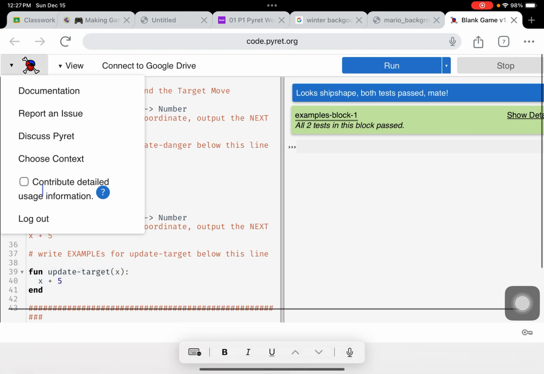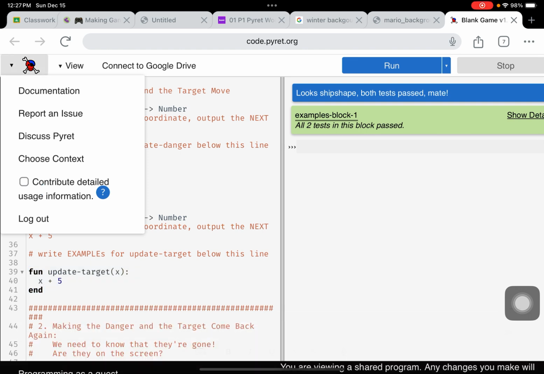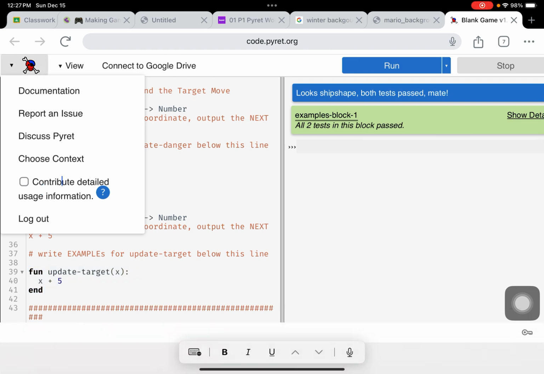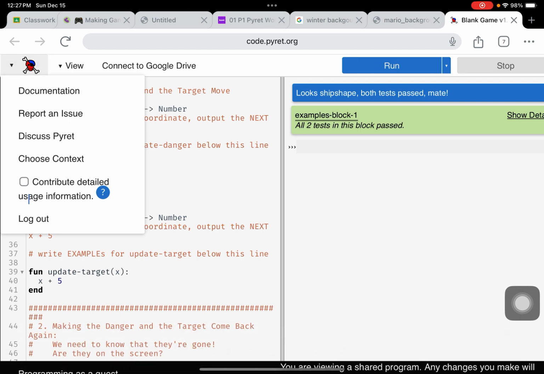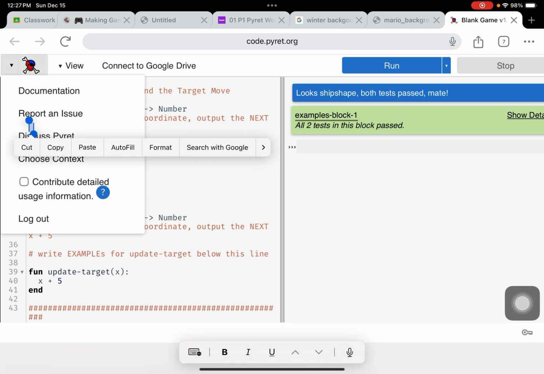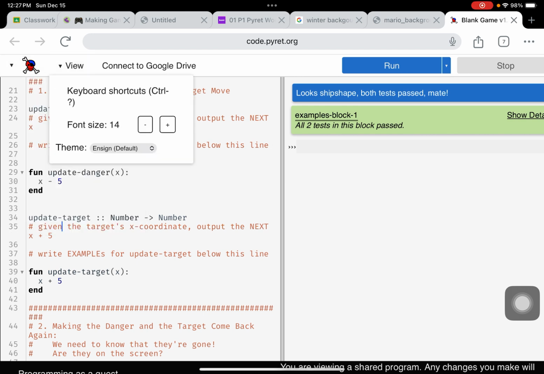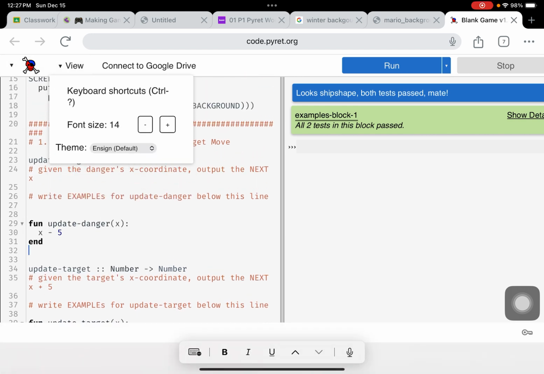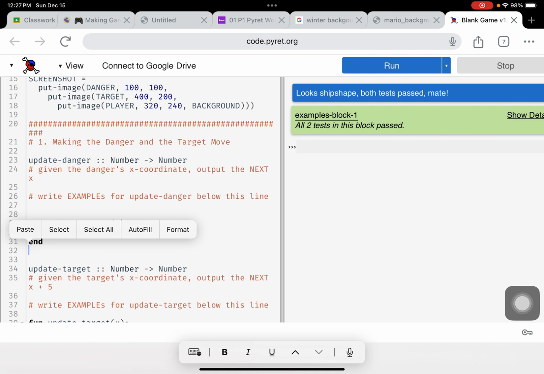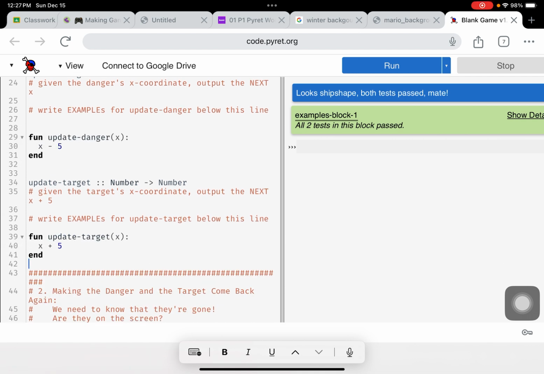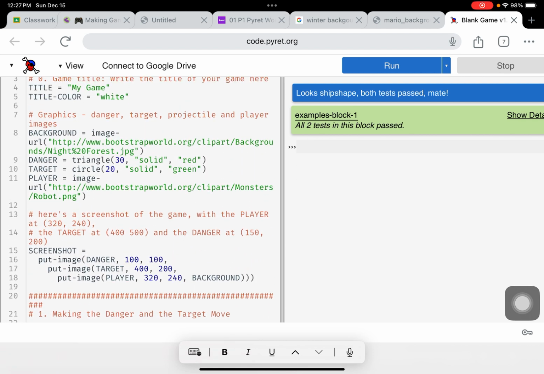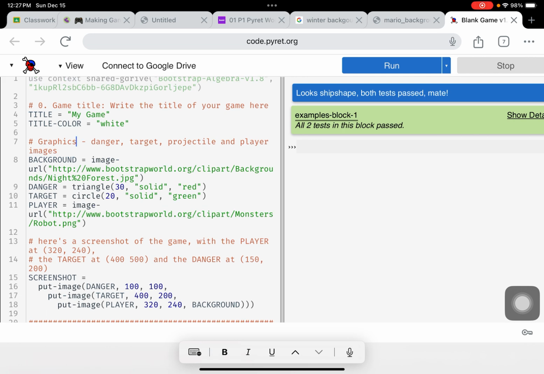So if we do x minus 5, x minus 5 for the danger's moving left, so the triangle moves left, and the target, which is the circle, moves to the right. So whatever you want your